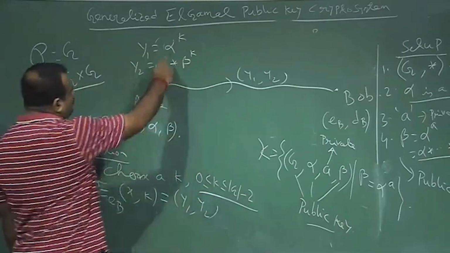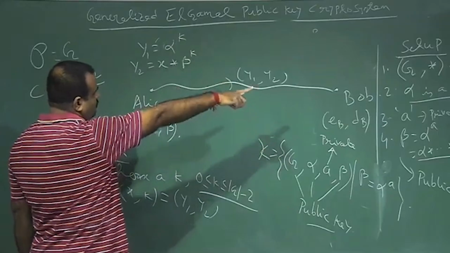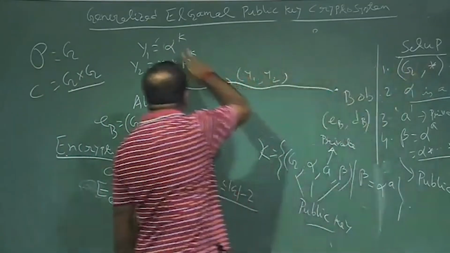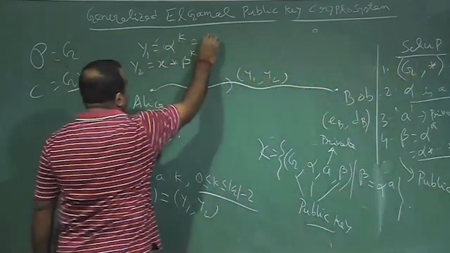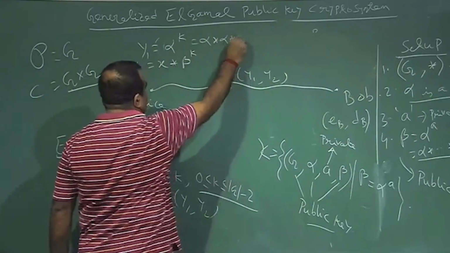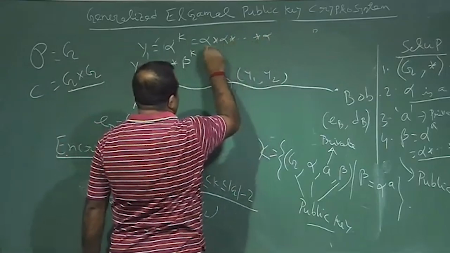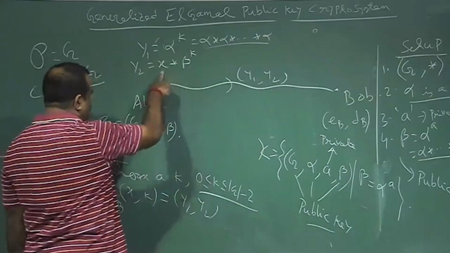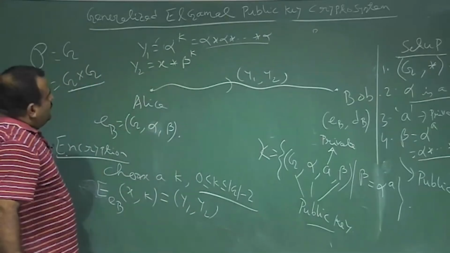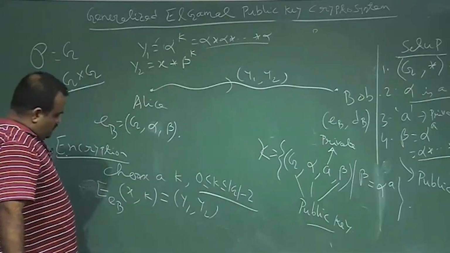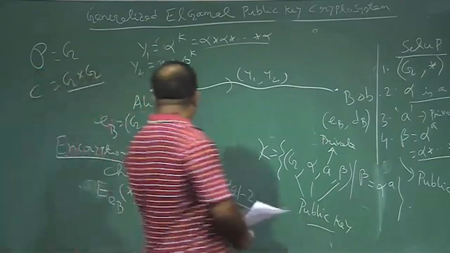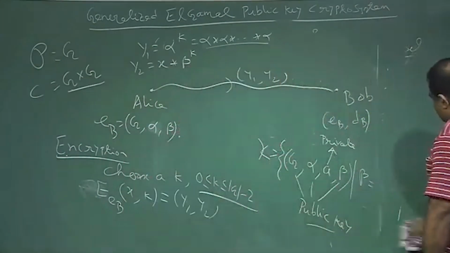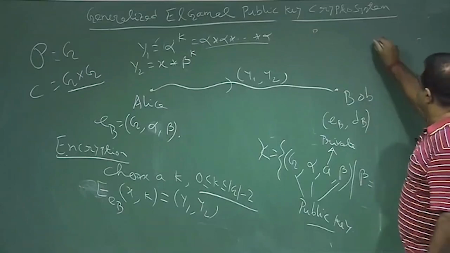Then alpha to the power k means applying the group operation on alpha k times, so this is alpha to the power k. Then this is k times beta, followed by x masking, and send it to Bob. Now how will Bob decrypt it? So this is the encryption process, and for decryption, upon receiving the ciphertext y1 y2,